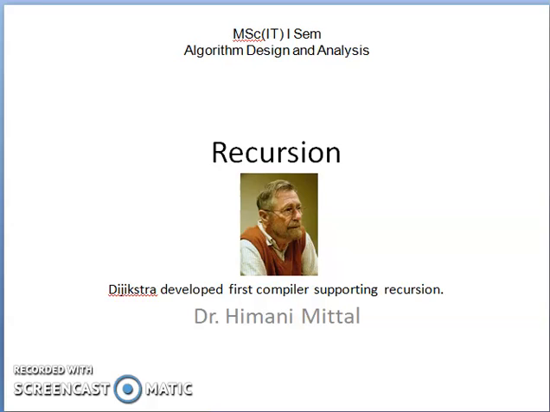Hello friends, in this video we will discuss the concept of recursion. Recursion is an important concept in programming because it helps in implementing complex algorithms with ease. Writing an algorithm using recursion is easy as compared to implementing the same thing using stacks and a loop